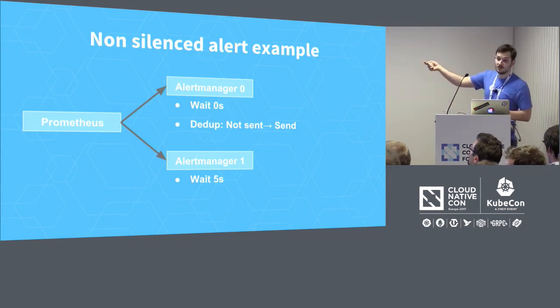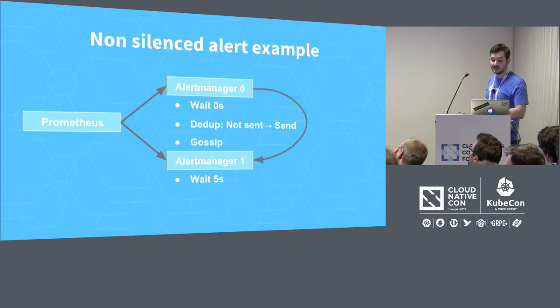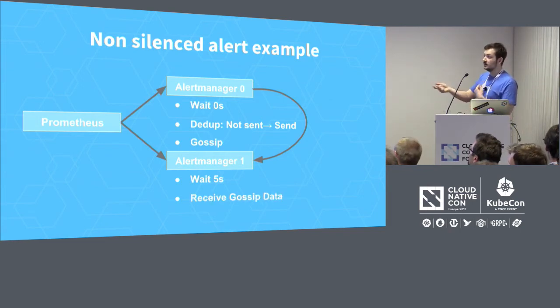So at first it wants to deduplicate the alert, but it sees that there has actually not been a notification for this alert so far. So it actually sends them out with PagerDuty, for example. And then gossips the state that this notification has already been sent out. And while Alertmanager 1 has waited the 5 seconds, it receives the gossip data, merges it into its state, and therefore, once it goes on to deduplicate, it does not actually